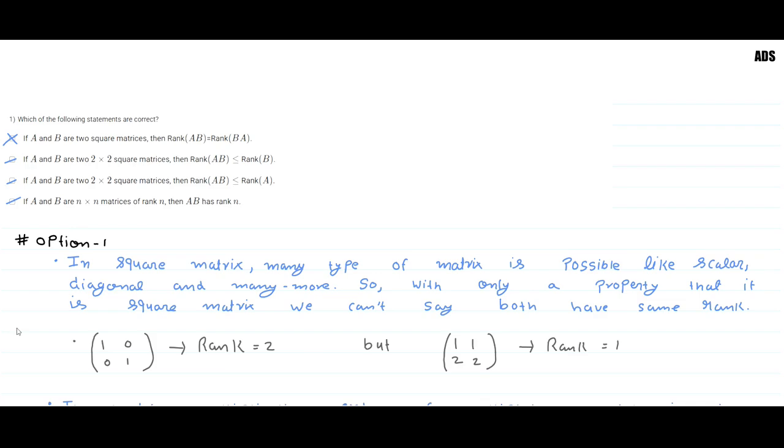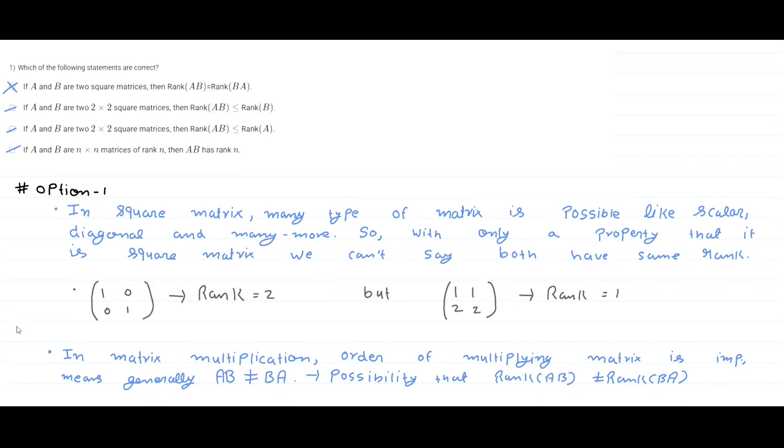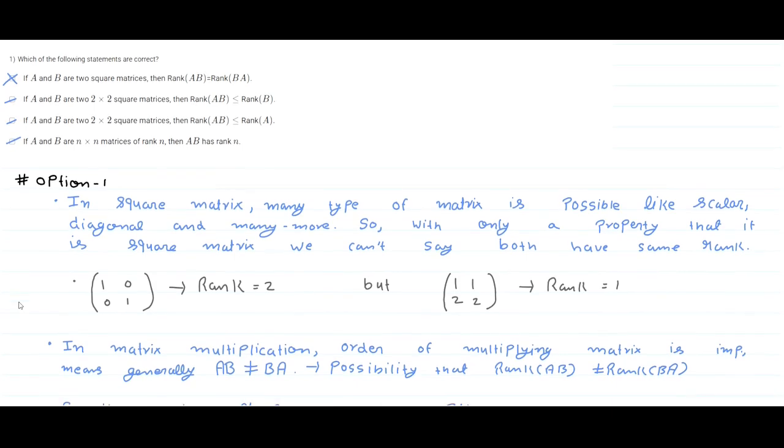Today we are going to do the week 4 graded assignment for Maths 2. Let's see the first question. The first question says: which of the following statements are correct? The first statement is, if A and B are two square matrices, then rank of AB is equal to rank of BA. Okay. So it is given that A and B are two square matrices, but in square matrices there